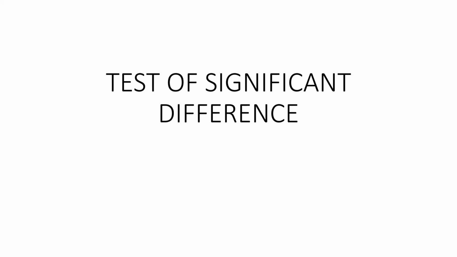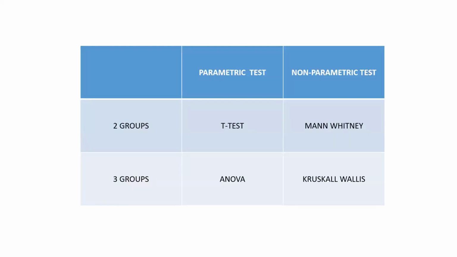So usually, if we will conduct a research, the common third objective will say test of significant difference. Now, for the test of significant difference, most of the non-statisticians will have a hard time to comprehend that. But that is just simple. When you have an objective that says test of significant difference, you only have to find out whether you are going to use the parametric test or